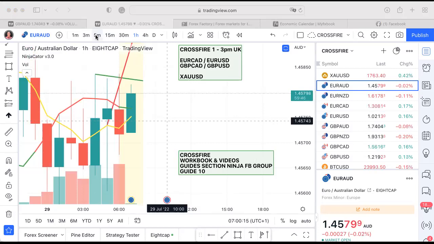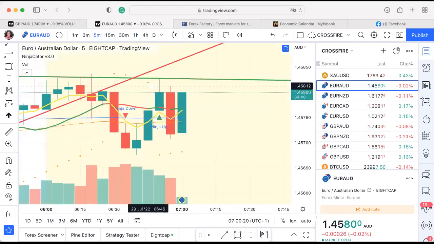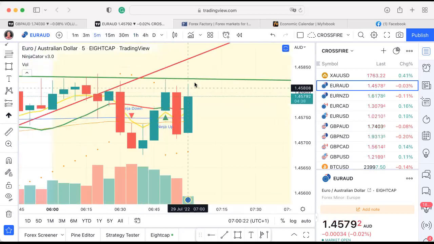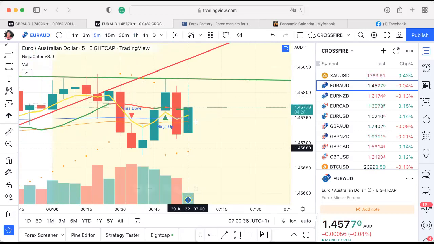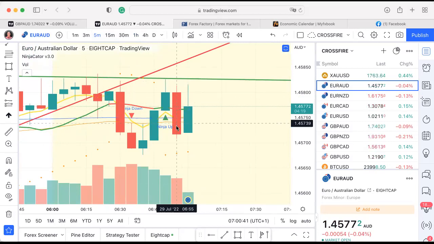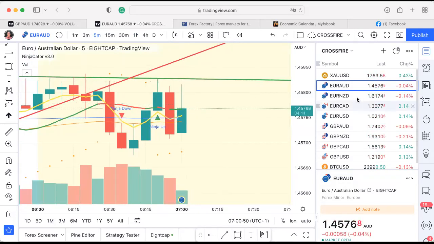So if I go back to where we were, the 5 minute, you see, it's just heading back up, and then it gets close to it and it gets knocked back. Buyers are gaining dominance right now. Now, there was some news at 7 o'clock. That's right now. There was some news, and that's caused price to go from a downward trend to an upward trend. It's having another attempt at breaking through. And if it breaks through that green line, well, it then goes into no man's land, doesn't it?